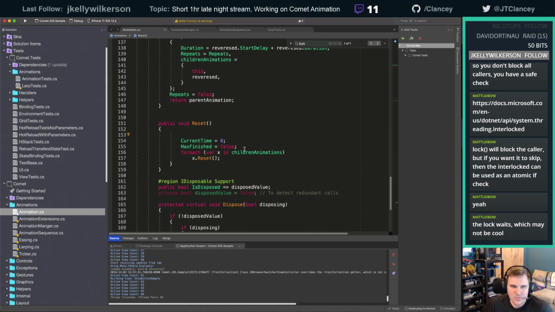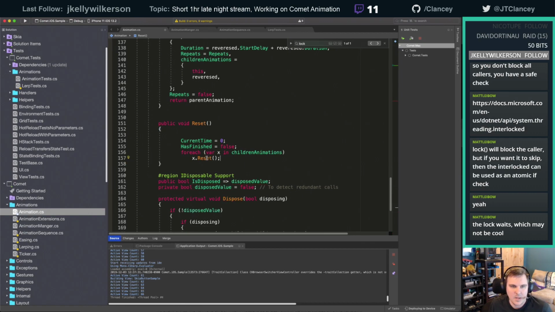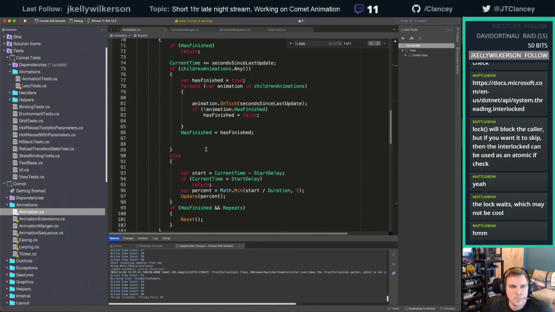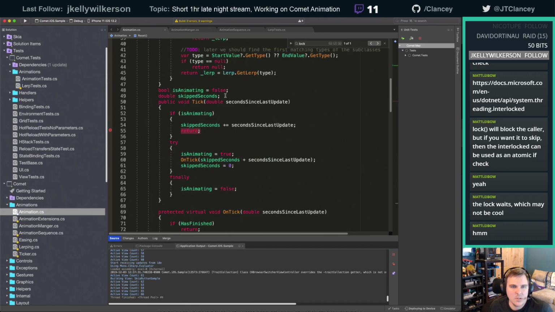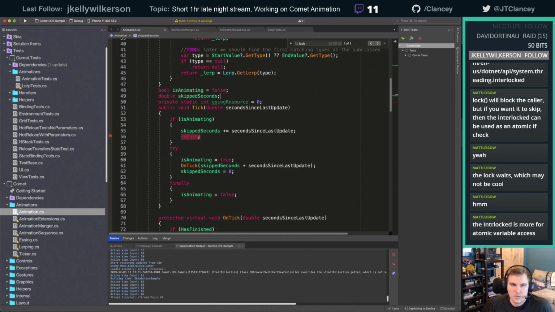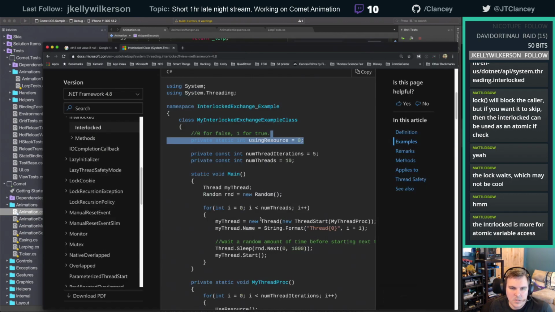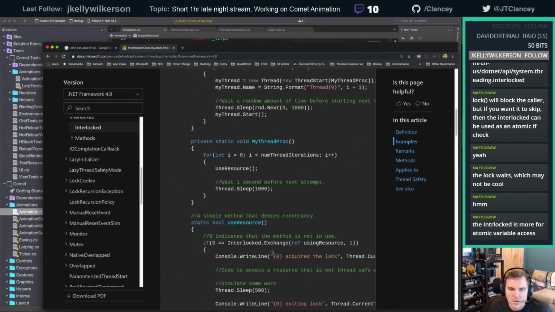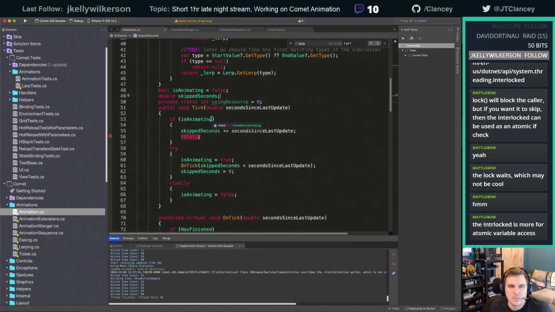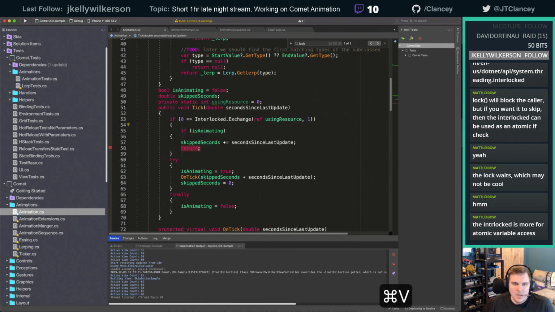It's alright. I don't think this reset's ever really gonna be an issue. I just did it for fun. Alright, I like it. I've never used this class before. Alright, so what we'll do, using resources, and then we have interlocked exchange. If using it,